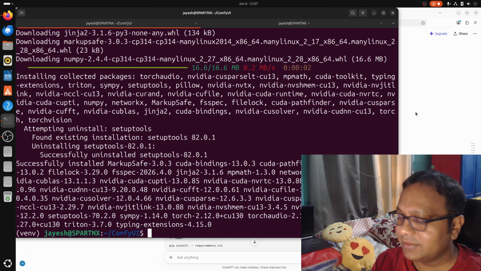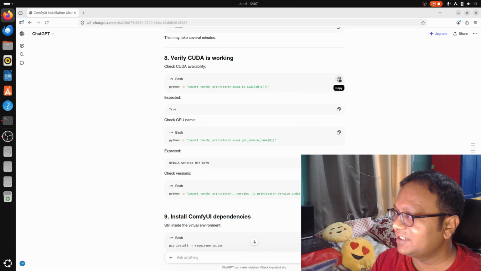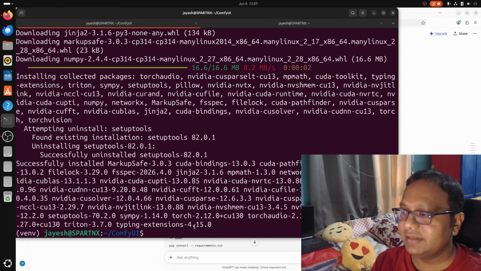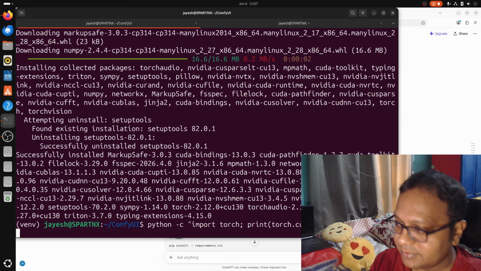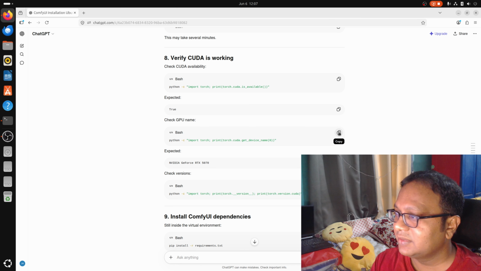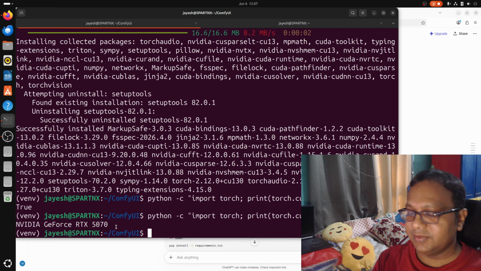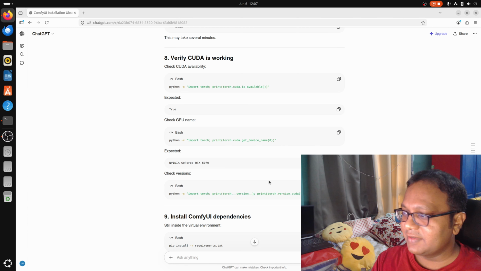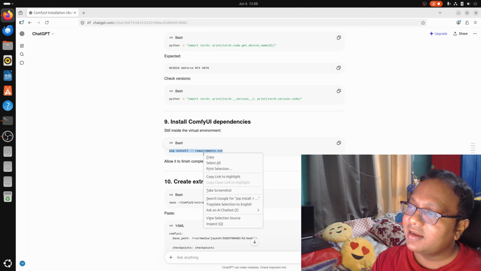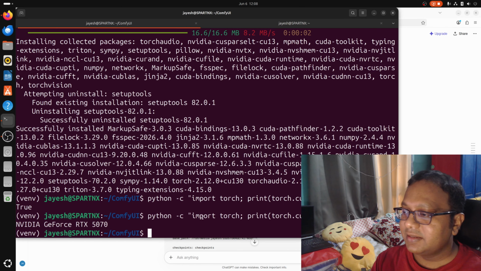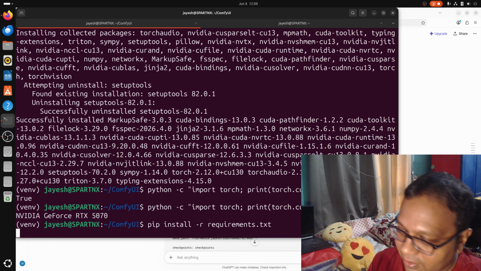You can just go and test it. So these are some testing commands given here, so you could use them to test it. It should give you two. You can run this to check your GPU card name, that will be shown to you. Mine is 5070. So fine, can now go and install the requirements. So it will install all the requirements